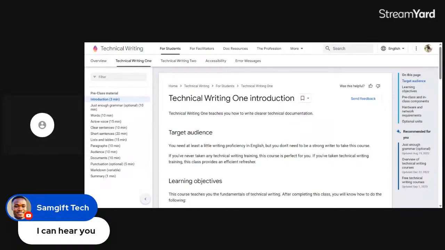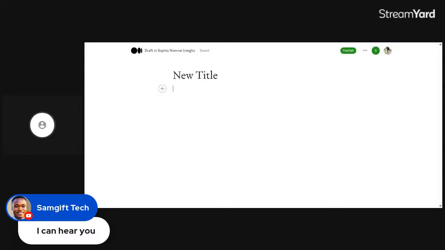Let me try to explain what I mean. So this one is every first letter of this. So every first letter of this is in capital.